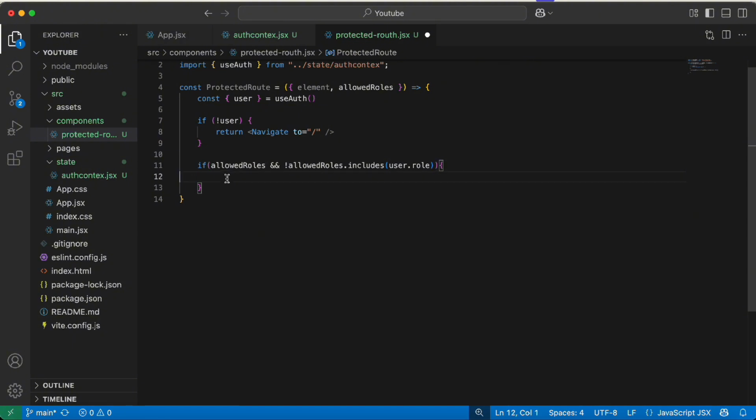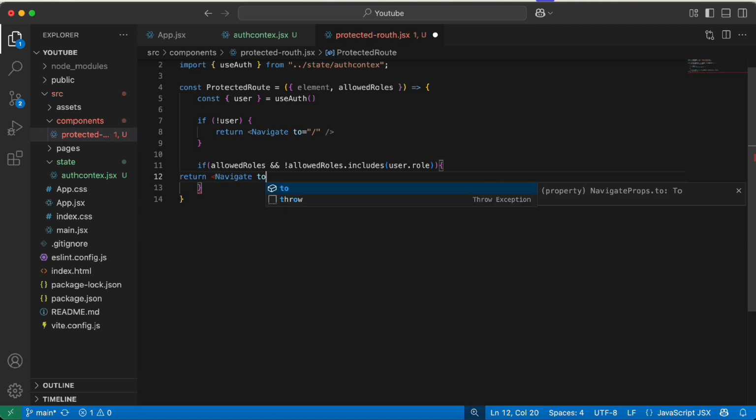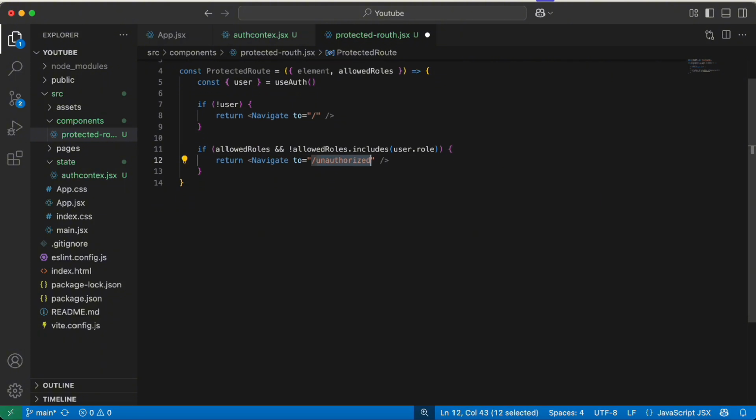So what are we going to do here? We're just going to return our Navigate, and we're returning you back to the unauthorized page, which we're going to create. So we're going to say not allowed, unauthorized, right? Whoever is accessing that profile page is not an admin. Take them back to a page for an unauthorized person. We're going to create this page as we proceed. So after that, the next thing we're going to do is to return our element,